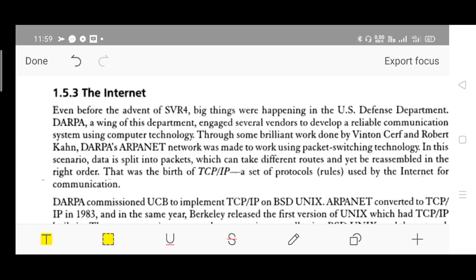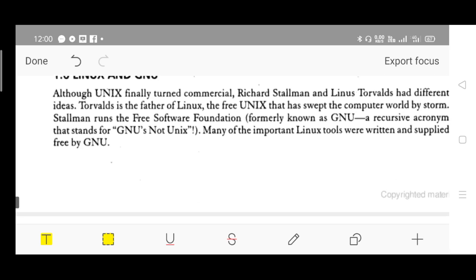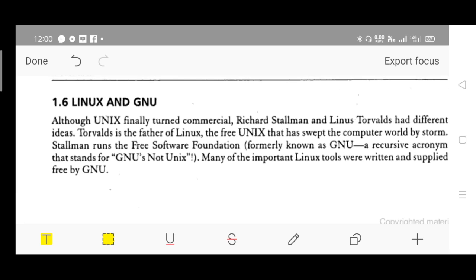Next, Unix can be operated over the internet. As you are aware, all operating systems these days are compatible with the internet. Whenever the concept of the internet comes, the TCP/IP concept comes, Transmission Control Protocol over Internet Protocol, which you will study in computer networks. You have a subject, computer networks and security, I think. You will study about this.